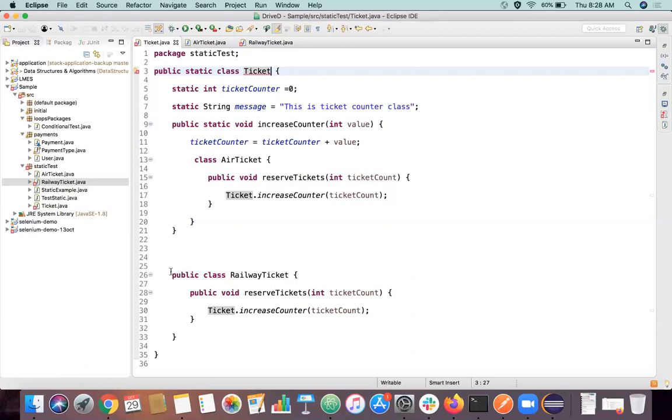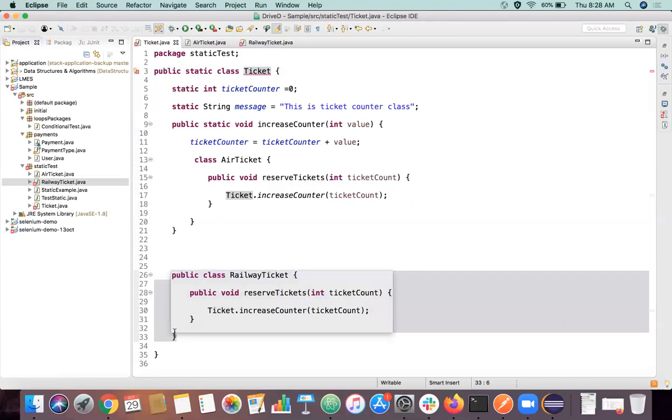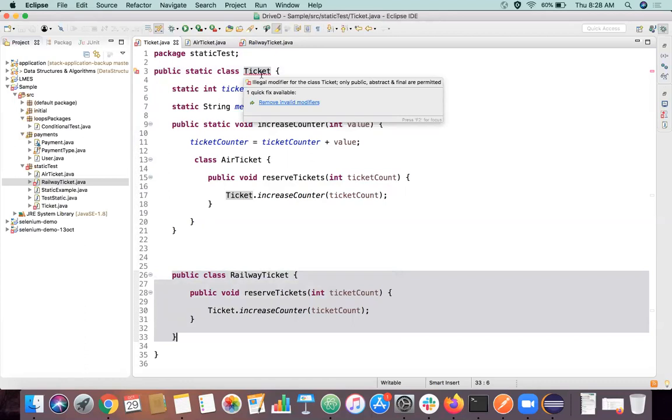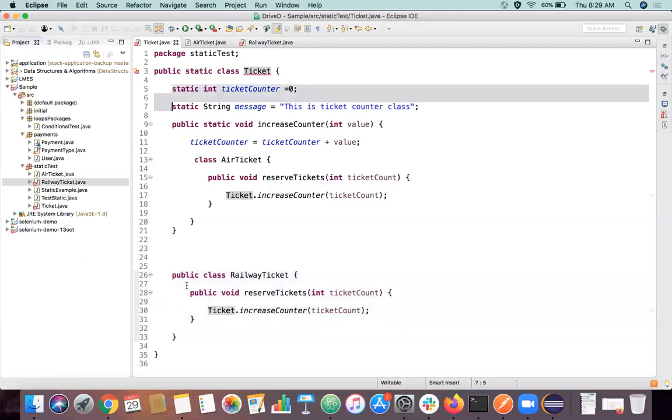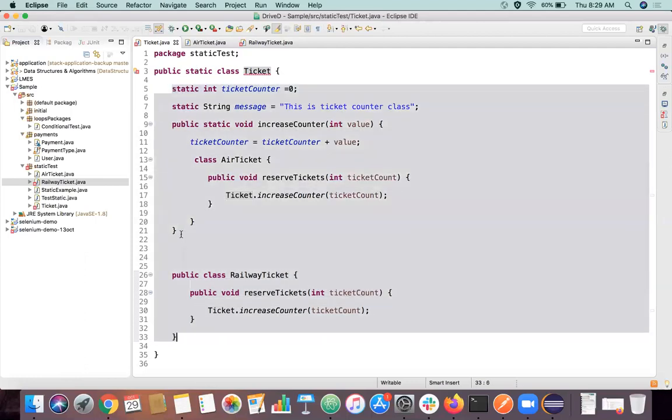I cannot go and call whatever objects or methods or inner classes are available here, because once you create that object, only then is memory created in our RAM, as I said in the previous classes. Without memory creation, how can we access these inner classes, variables or methods? There has to be some area where these are loaded into memory. So the outer class should not be declared as static, and it is not allowed because it has to be an object and memory has to be created so that these are loaded into that memory. That is the whole point.